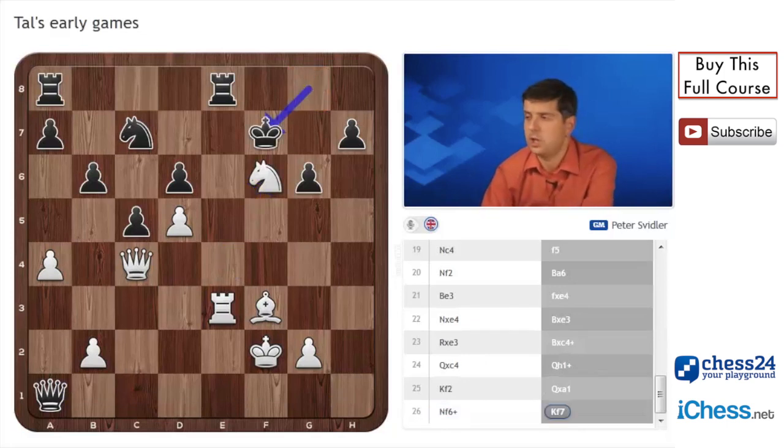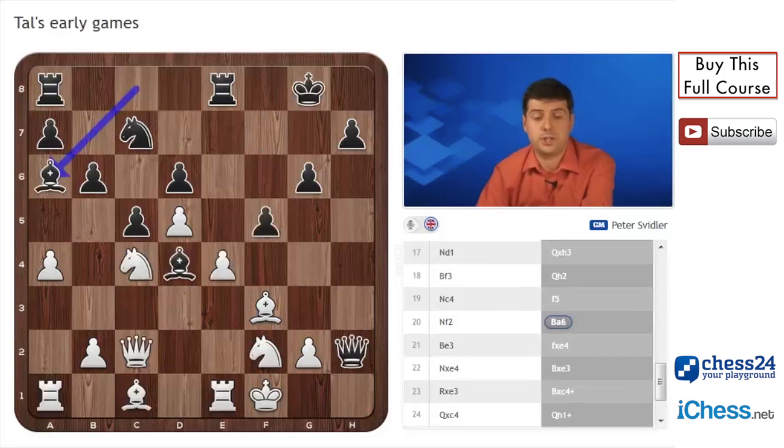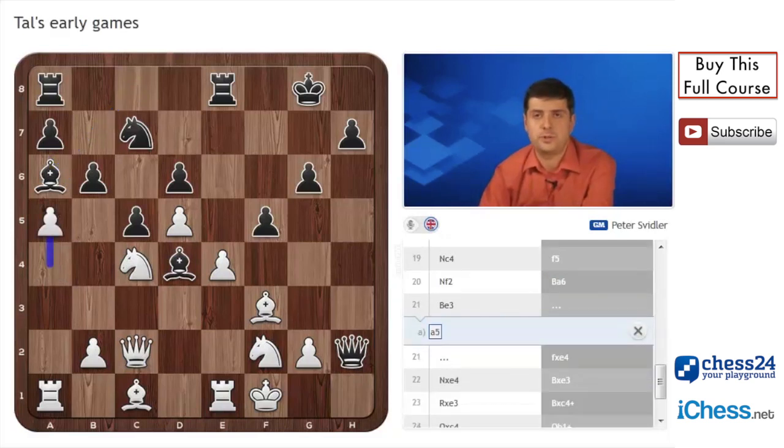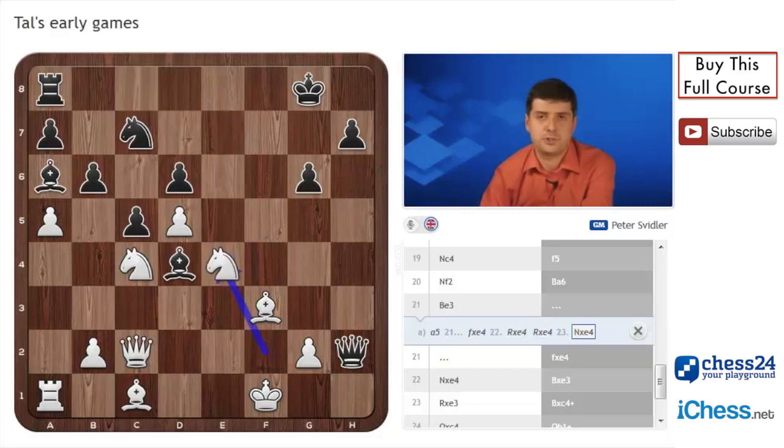check, king f7. But if white, after knight f2, bishop a6, tries to at least temporarily stop the black attack and plays a4, a5, the machine suggested a very, very funny way of winning this position with black, which I thought I might show you because it just made me laugh out loud when I saw it on the screen. F e4, rook e4, rook e4, knight e4, and in this position the machine suggested that black could play b5,